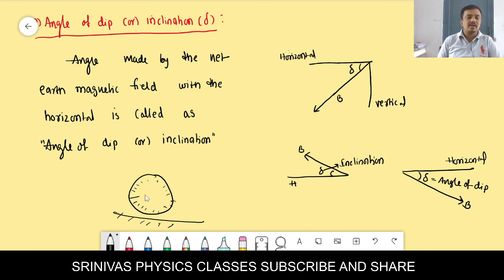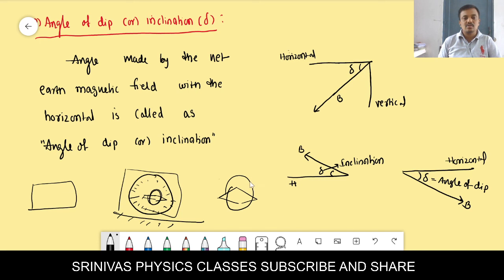When you make it vertical, the compass pointer is able to rotate in the vertical plane. Vertical plane means, for example, a wall clock is hung in a vertical plane, and the writing board in the classroom is in a vertical plane. Like that, if you place the compass in the vertical plane, the compass is able to rotate vertically, and then it will show some direction.